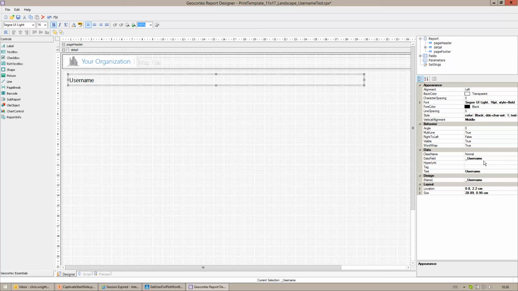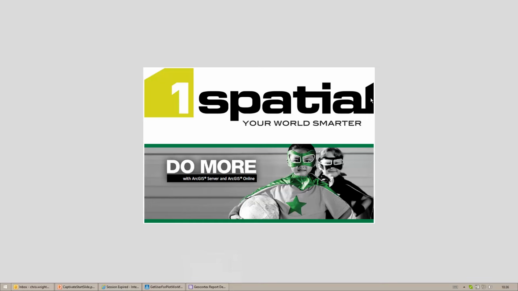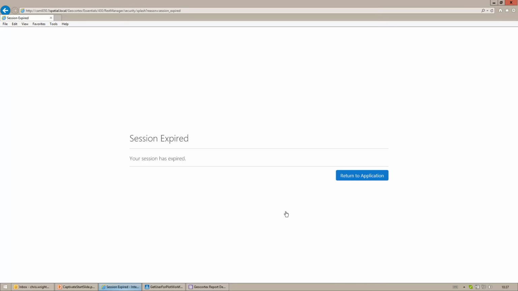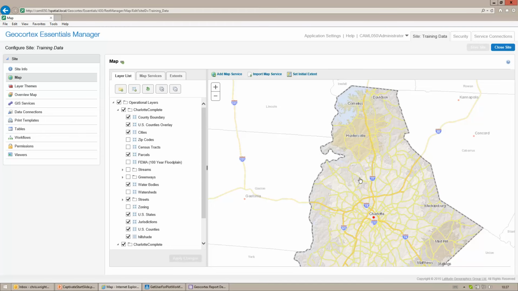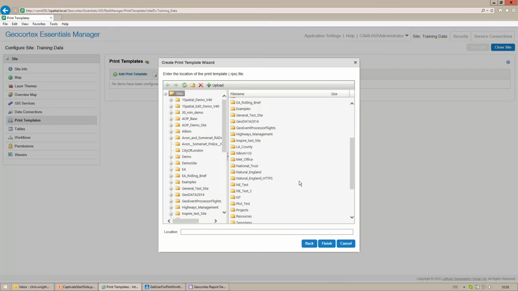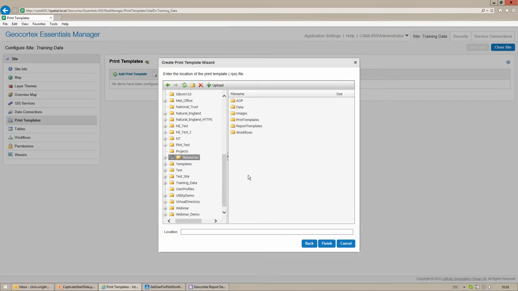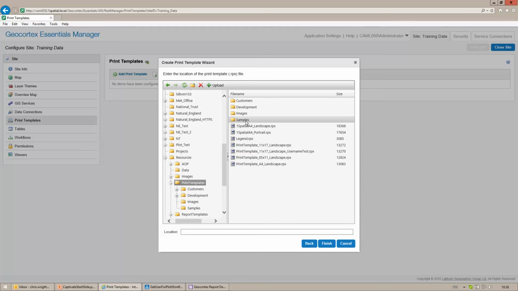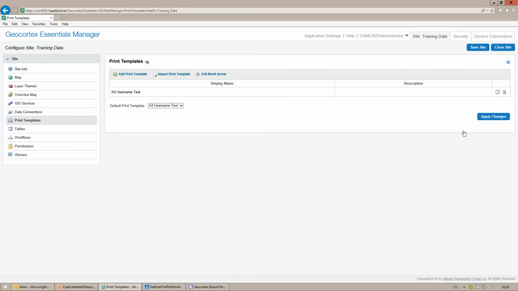So finally, what we have to do is to bring it all together in a site. So I'll just minimize my report designer here and I'll log into my site manager. And you'll notice here I've got the training data set up as a site. What I'll do is I'll go to my print template, I'll add a print template, and I'll give the template a name. I'll then go to the resources folder and then to my print templates folder, and I'll load my print template. Once the template is added, I can edit the template,